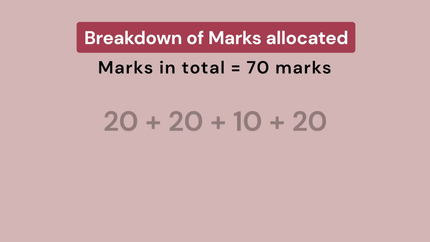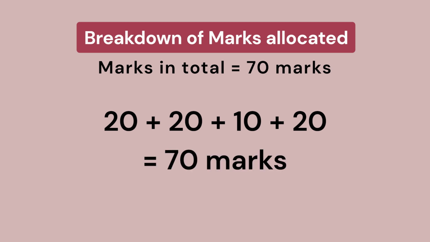The first one, we have the 20 marks. The second section, we have the 20 marks. The third section, we have 10 marks. And the last one, we have 20 marks. That is a total of 70 marks in the lexis and structure section. Lastly, let's talk about the